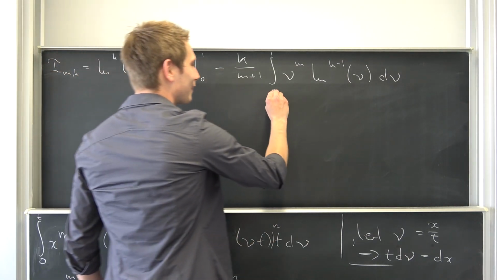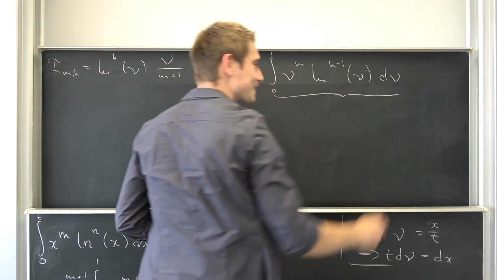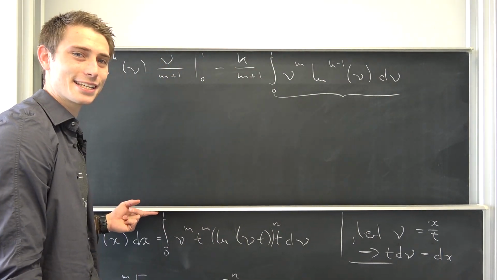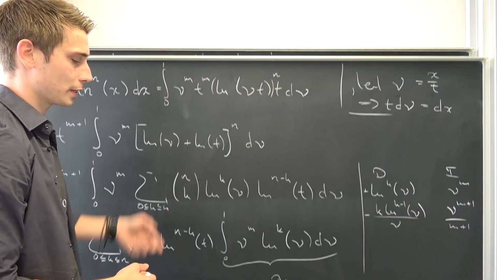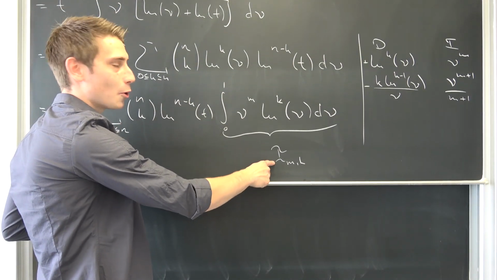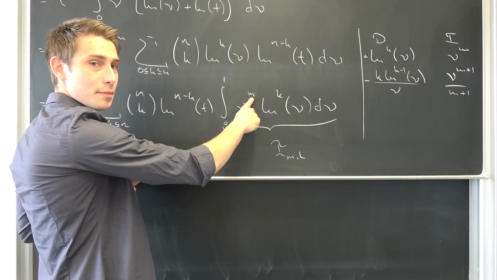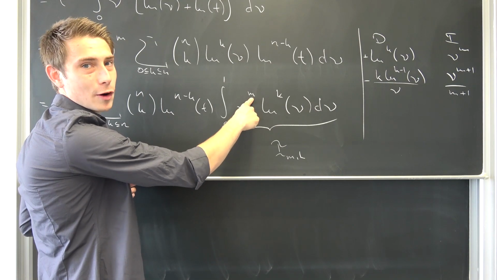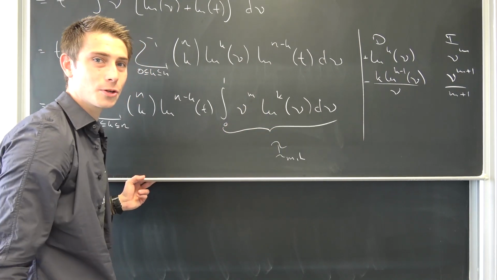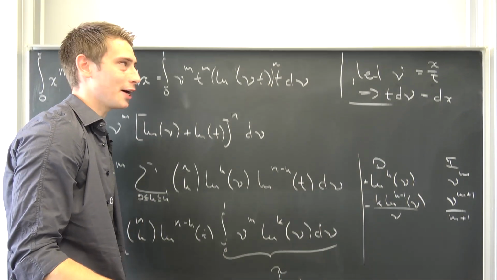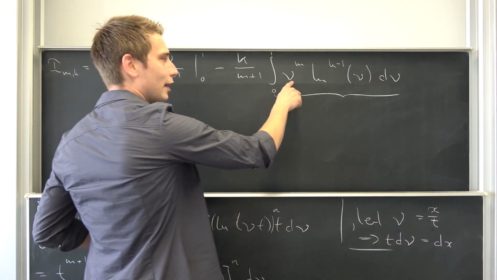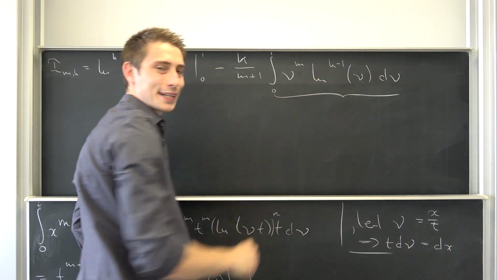Okay, if we take a look at this integral right here, just a single little integral, what is this exactly? Let us compare this with the first one we have, with I of m comma k. Well, we had m as the exponent of our nu right here, and we had k as the exponent of natural log right here. But this time, we are going to have I of m comma k minus 1.